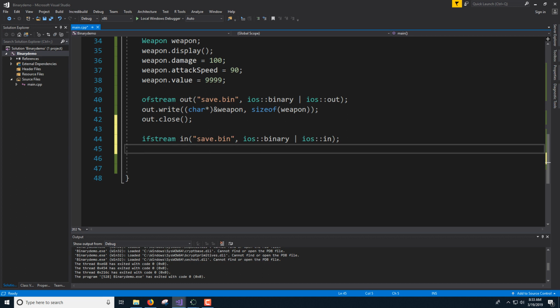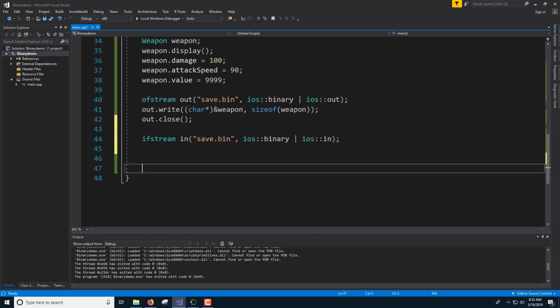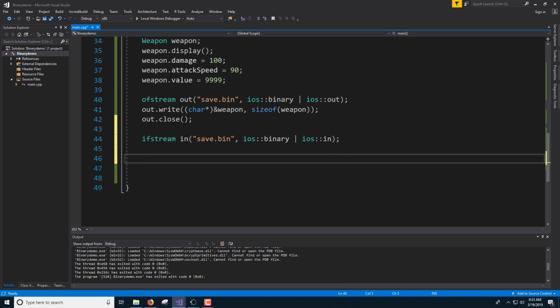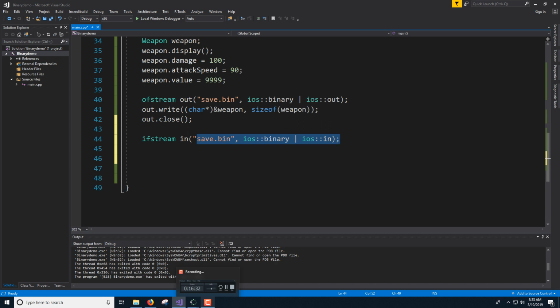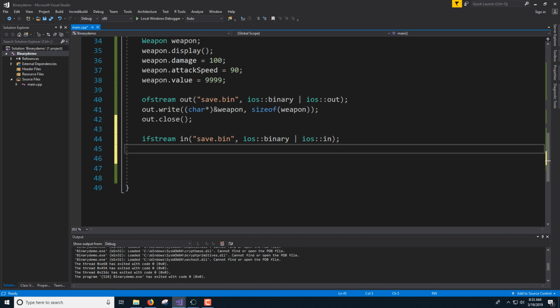By the way, you can do these in 2 lines if you want to. You can declare your object as an in and then do in.open and put this stuff on there. You may see it done that way. But there is a constructor that allows you to do it all at once, so that's typically the way I do it. But if your file objects are part of a class or something, you'll have to declare them there and then use the .open to actually open the file. All right, so we've opened this up,